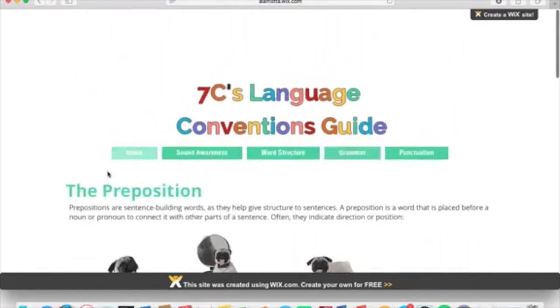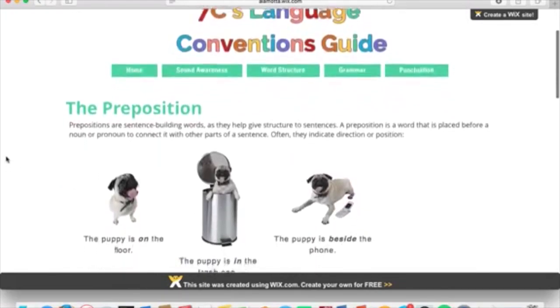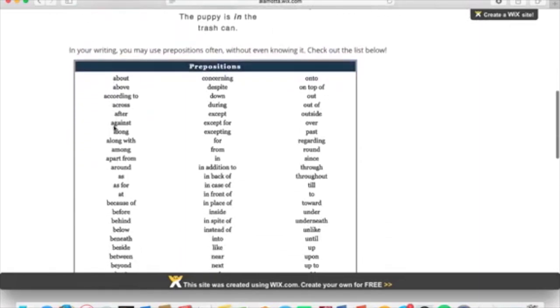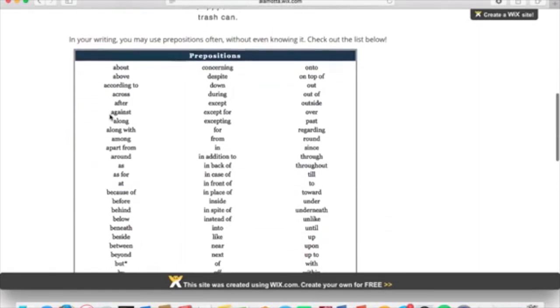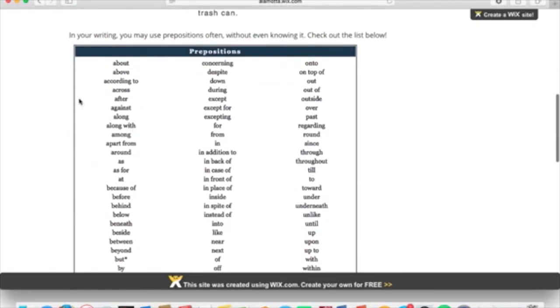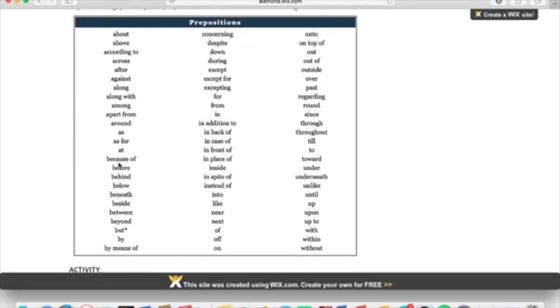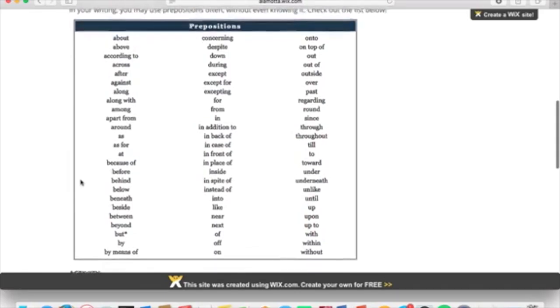The next section is the preposition. This section itself focuses on giving the specific vocabulary when understanding prepositions. This table gives us an extensive list of prepositions that they can utilize and refer back to when they need. A teacher could utilize this as a handout or perhaps have them stick it in their workbooks. Following this,